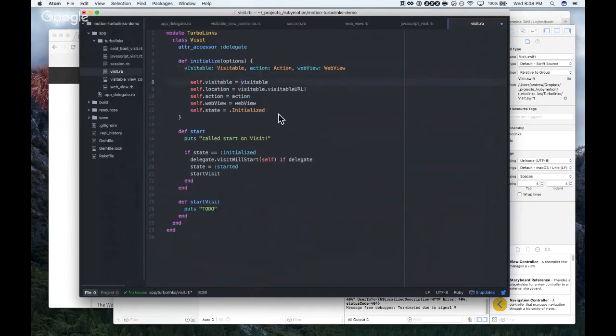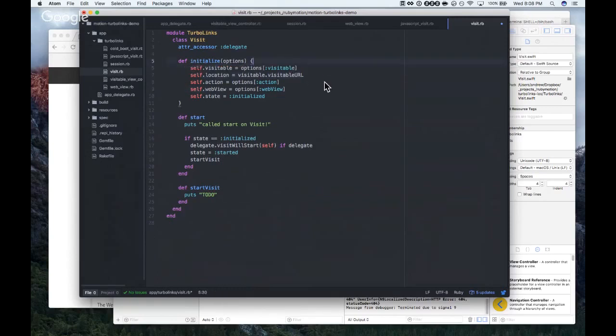And the options symbol. Action. Actions. Web view. State is initialized. Visitable URL. Okay, so we probably want to change all of these from self to at signs. Yep, potentially.